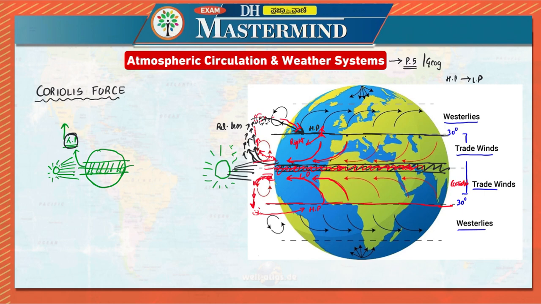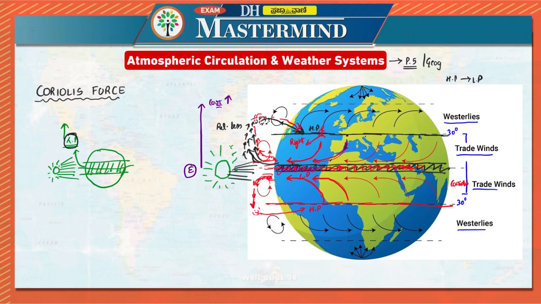So I hope you have understood about Coriolis force. One fact about this Coriolis force is that as you go towards the pole from the equator, the Coriolis force increases. That is, the Coriolis force itself is directly proportional to the angle of latitude. So it is maximum at the poles, whereas it is absent at the equator, because we are seeing it in